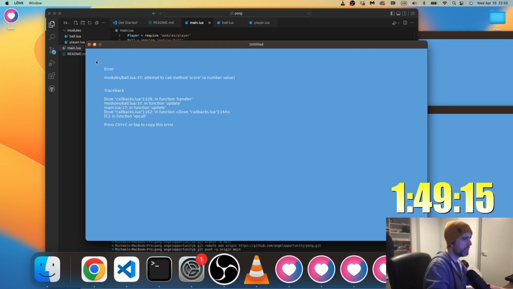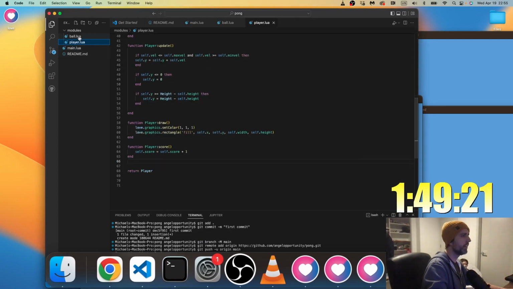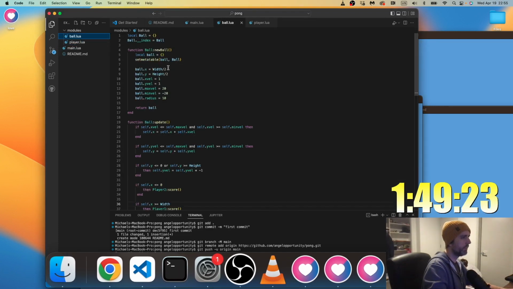Ball cannot call method score. Oh, because it's not, okay. Metatable. Can I set a metatable here?